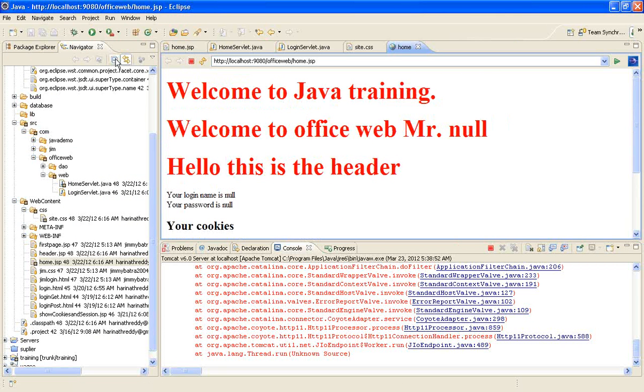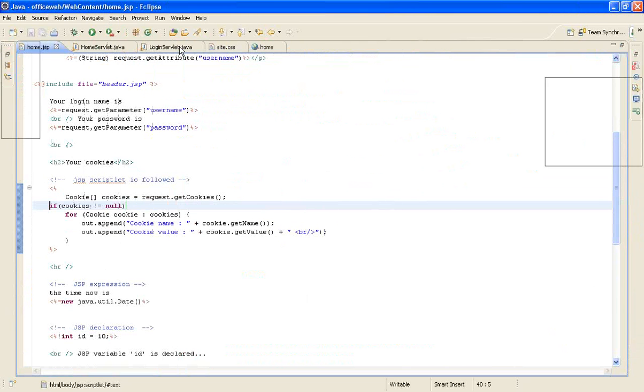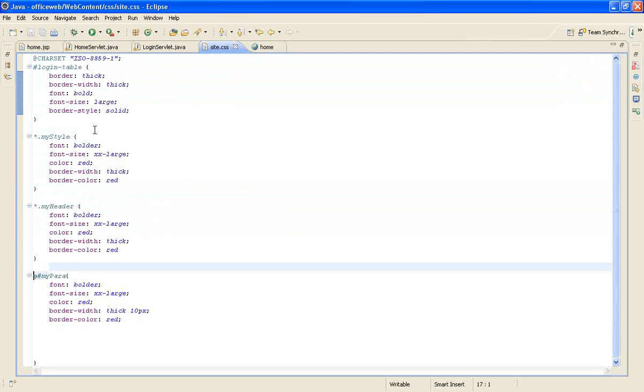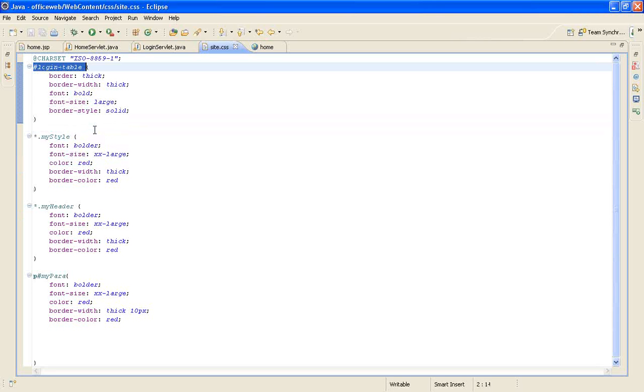Okay, I made a small mistake. So, the selection logic. Please try to pay attention to me. The selection logic for CSS works in multiple ways. One is directly. You need to understand the left side part, because this is the tricky part. There are three different things that I used here.